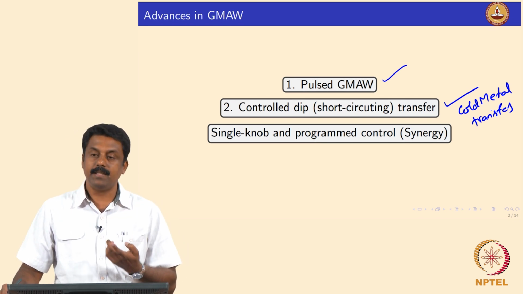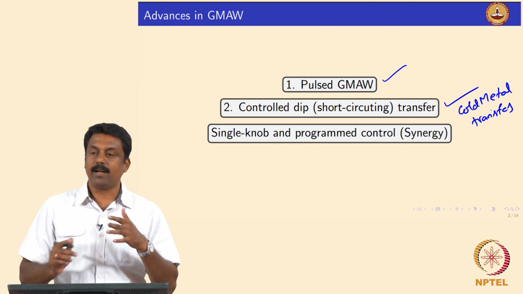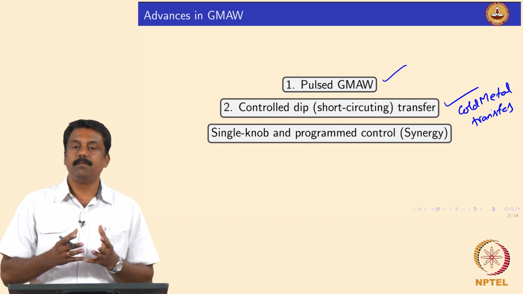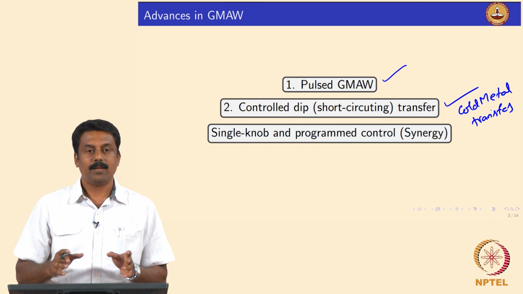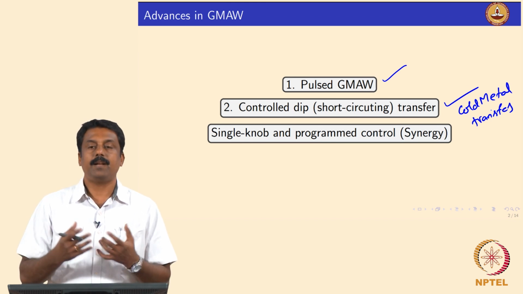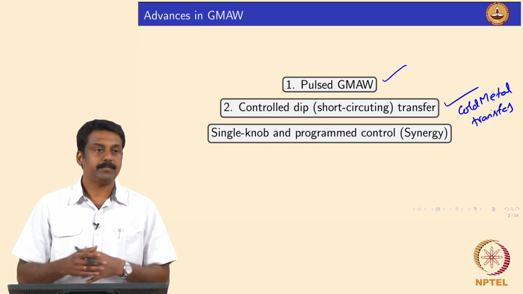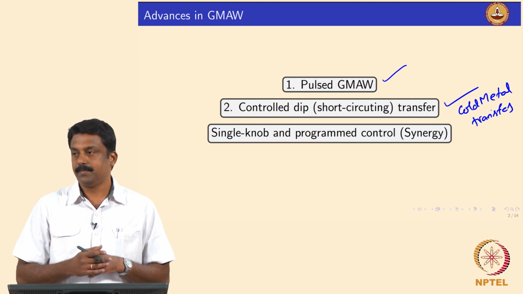we can minimize the current by detecting the voltages, and then we can manipulate the wire movement back and forth in such a way that we can achieve a drop transfer at extremely low heat input by manipulating the waveforms. In fact, we can transfer a droplet at the melting temperature of the droplet, okay, by controlling the dip transfer, right.